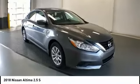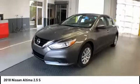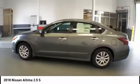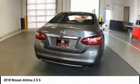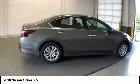Make a great choice today with the 2018 Altima. The Nissan Altima offers advanced features to make life easier, including push-button ignition, which comes standard. Combine that with a powerful V6 or efficient 4-cylinder engine, 6 standard airbags, and over 5,000 quality and performance tests,